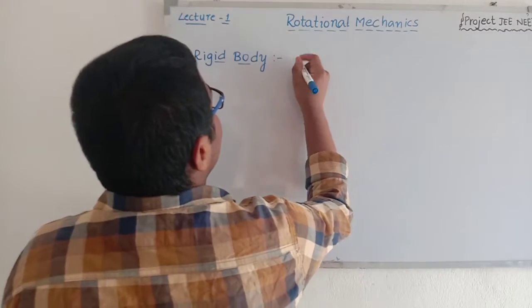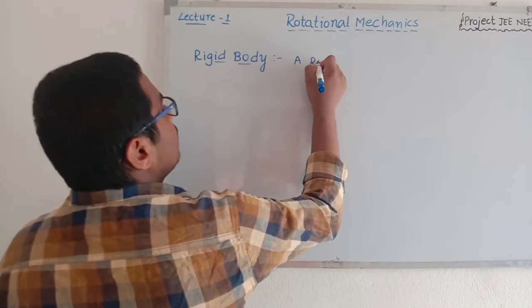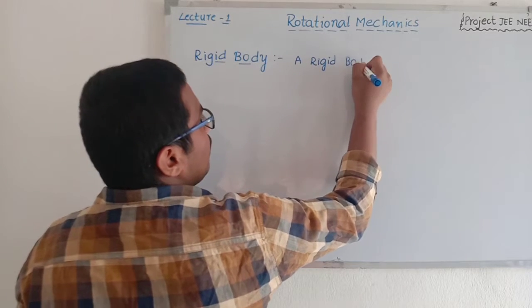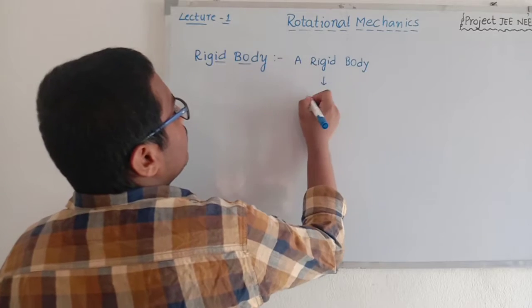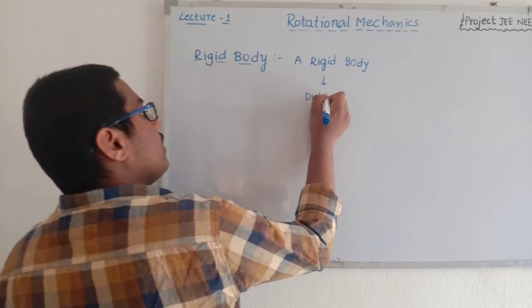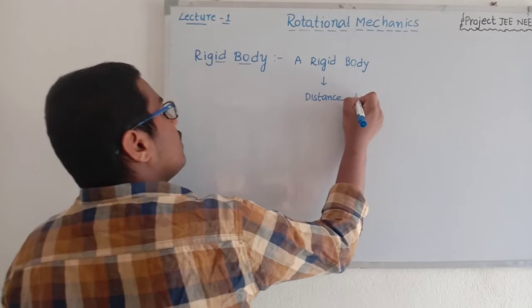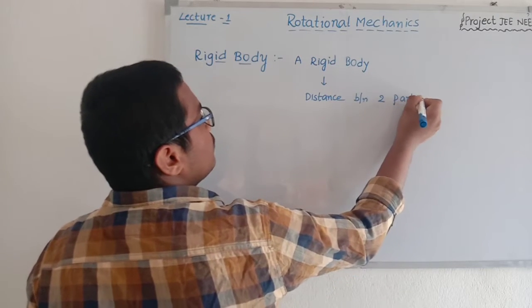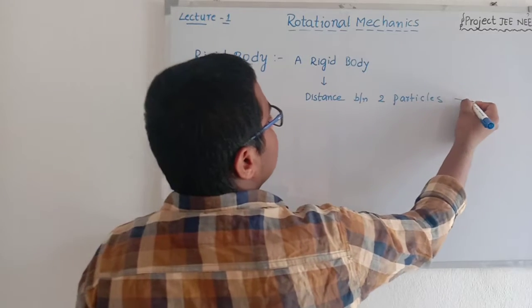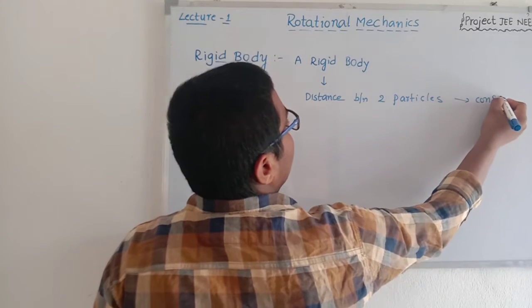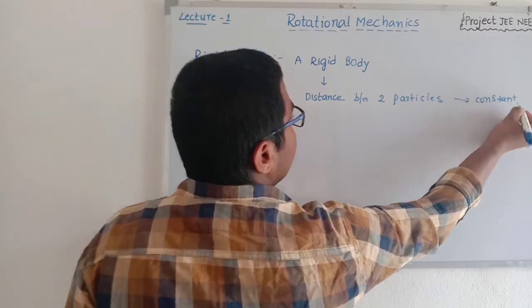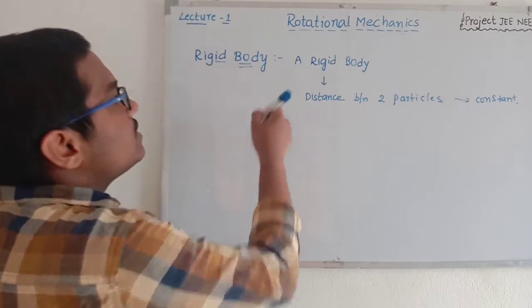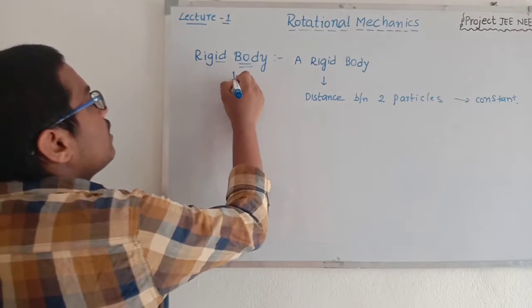Rigid body: a body where the distance between two particles of the body is constant, and definitely a rigid body can't deform,